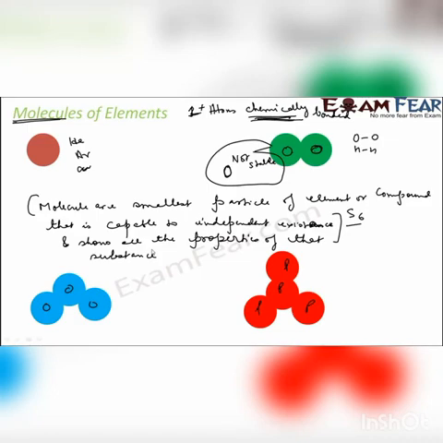Atoms of the same element or different elements can form molecules. It need not be the same. For example, a water molecule has hydrogen and oxygen. This is ozone, where we have all oxygen, and this is water, where we have oxygen and hydrogen. There are so many examples of molecules. Chlorine molecules, two chlorine together. Hydrogen molecules I have taken.